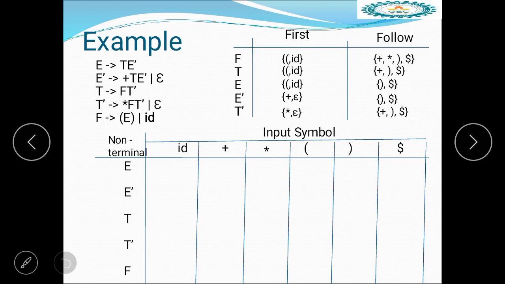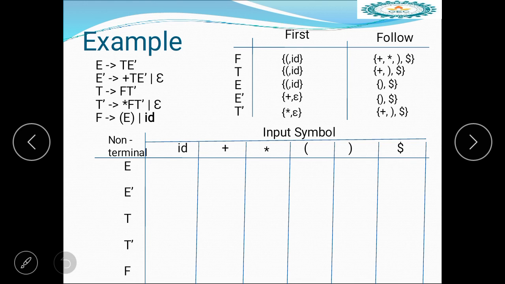First of T: the right-hand side starts with F, so go to the F production. First of T equals first of F, which is open brace comma ID. First of E: the right-hand side starts with T, so go to the T production, which starts with F, so go to F. So first of E equals first of T equals first of F.